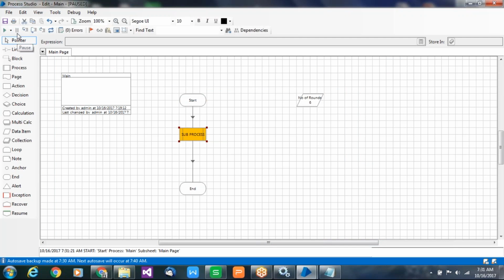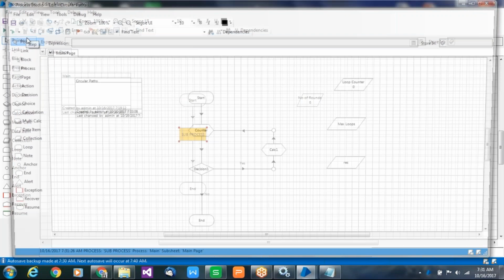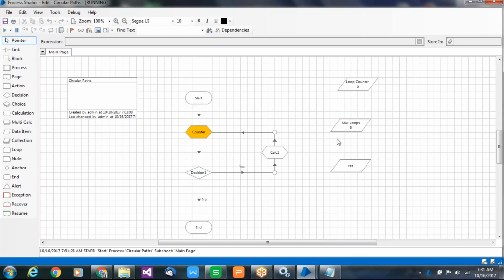I just paused it because we cannot see what's going on inside. Using the step option only can we see. See, now max loops is received as 6 items, 6 round trips. Okay, the loop will run 6 times now. The input value can be received the same way. Did you face any difficulty last time? Whatever we did between two pages for the input parameter concept is similar. Is there any difference? There, the pages are in one process only. Here, two processes are there. That is the only difference.